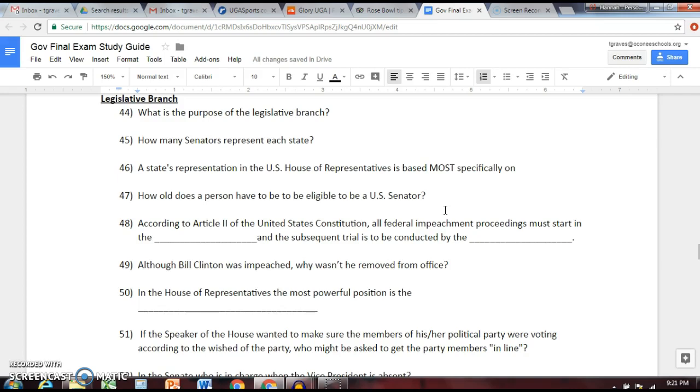And once you've been charged with a crime, the next step is for your trial to determine if you're innocent or guilty of those charges, and that is to be conducted by the Senate. So the House and the Senate both have a role. Now, if the Senate votes and they get a 2/3 majority vote after your trial that says that you did commit the crime, then you will be removed from office.